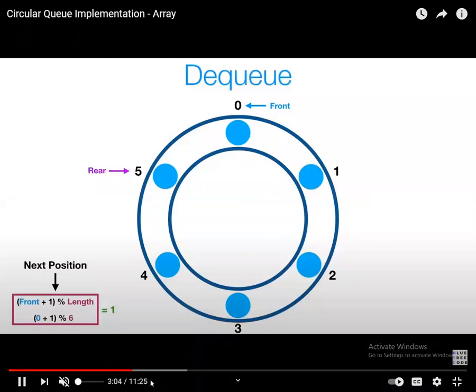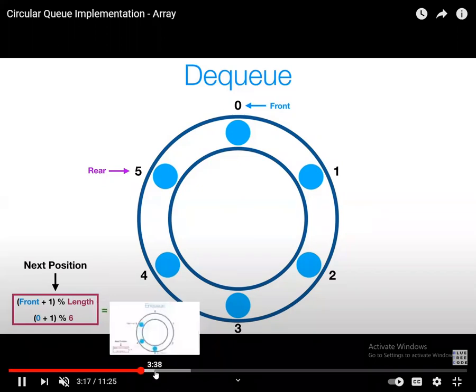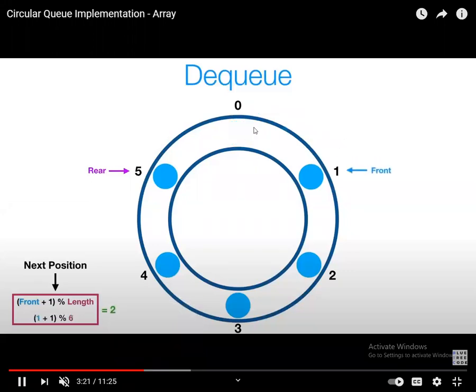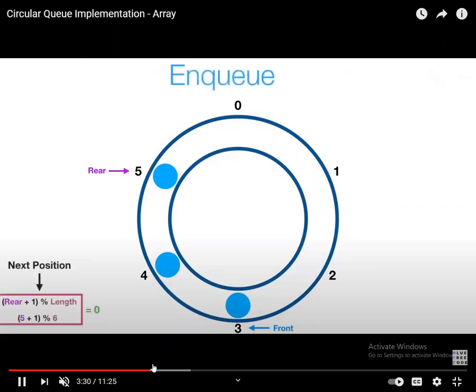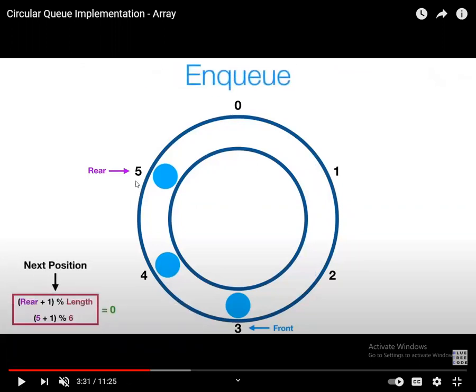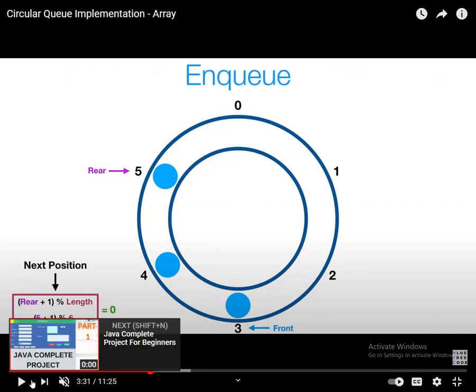Now, when you have to delete an element and call delete, the front position follows first come first serve. So this is deleted, this is popped up, this is popped up. Now you can see the position of the rear is exactly at 5 still. If you want to insert an element,